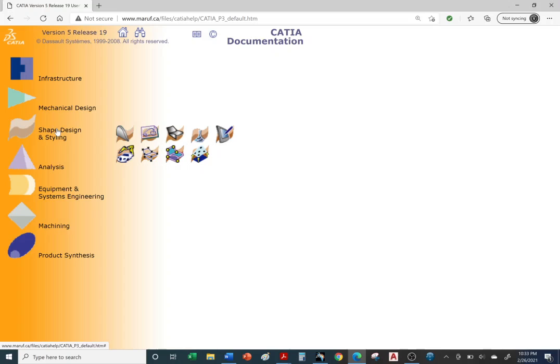We're going to go to shape design and styling. Again, we're going to use generative shape design. And later on, towards the end, the last 2 weeks, I'm going to introduce you to freestyle. We don't have assignments in freestyle, but I think you should take a look at freestyle, especially if you want to work in automotive. If you want to work in a studio